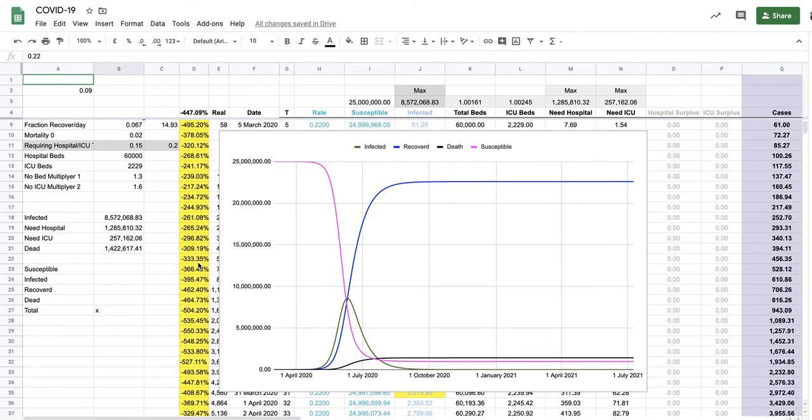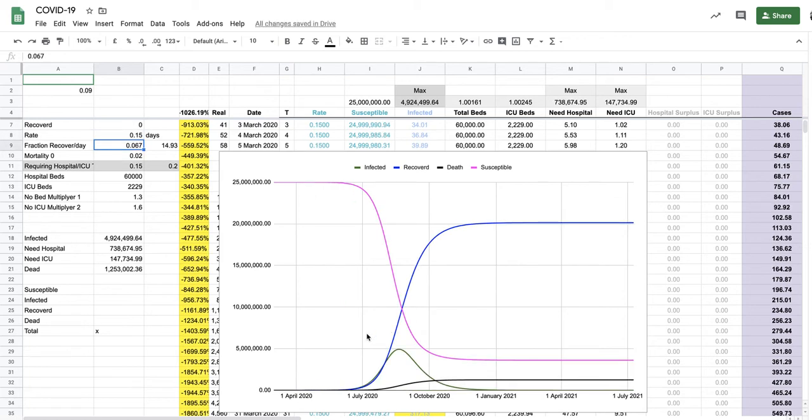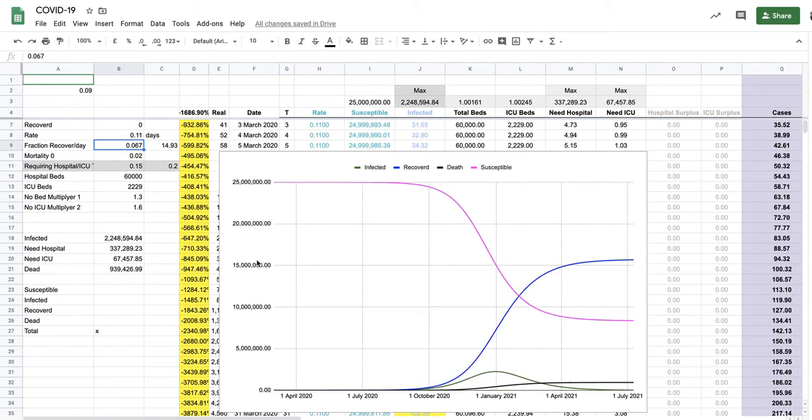Let's start playing around with this. All right. So if you say the rate, because of social measures, drops down to 0.15, we can see what that does. We can see that recalculate, and now the peak is more towards the end of the year, and it's only 5 million people that are simultaneously infected, right? And if we lower the rate even further to 0.11, we'll flatten that right out. Simultaneously, January next year, the maximum infected people,